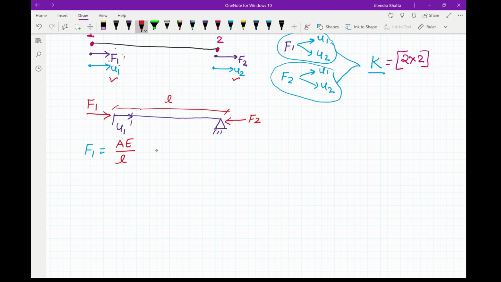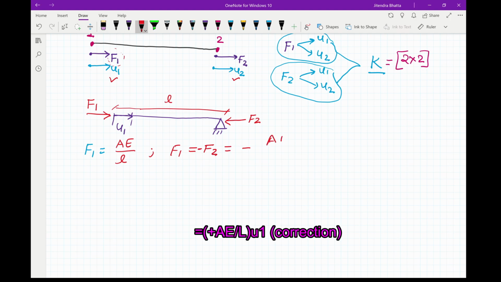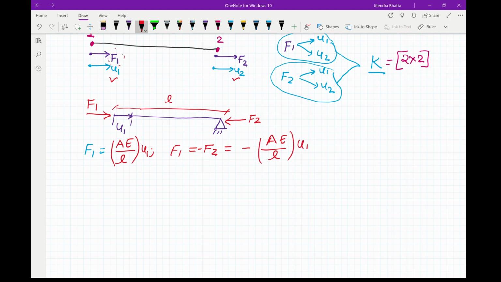And if you use the equilibrium equation, you'll find that F1 must be equal to F2, but in the opposite direction. Therefore, your F2 will be equal to AE by L again, sorry, into U1, because your force equals K times X. Here also it will be equal to U1. So this will show the effect of force F2 and displacement U1, or the relation between F2 and U1. And again, for the other part,